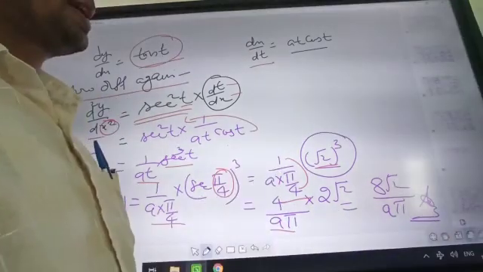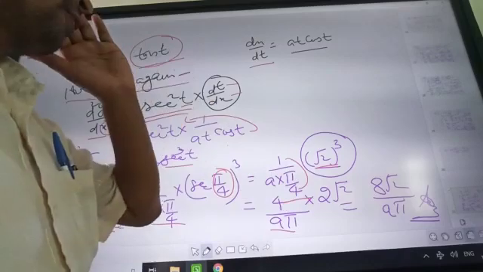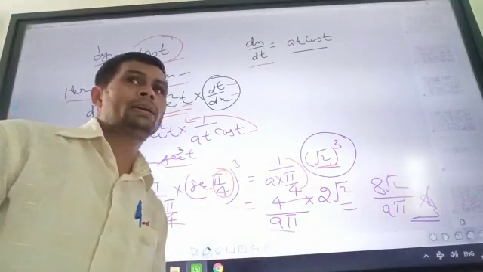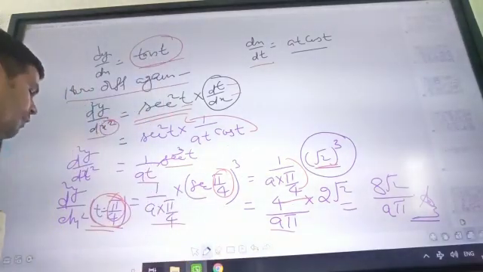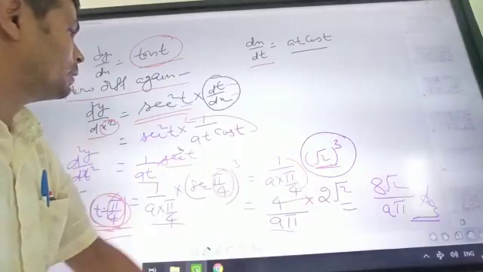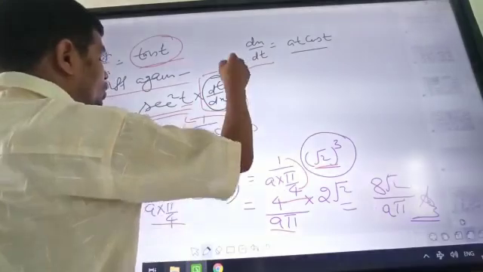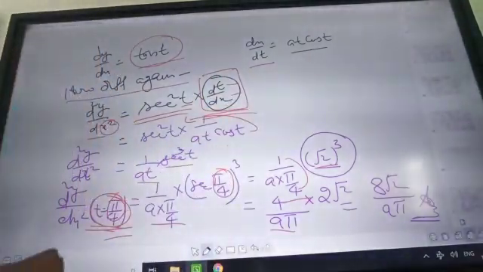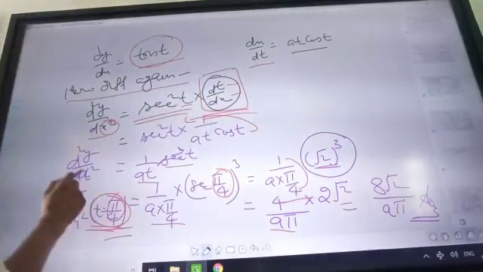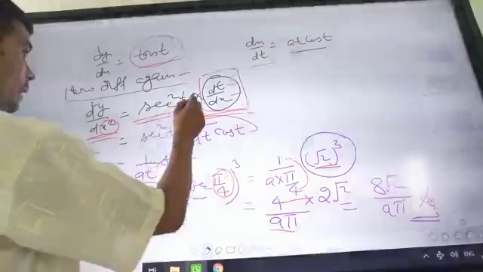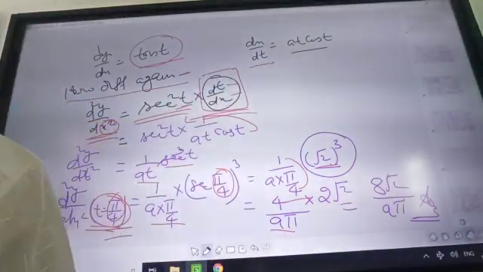So tomorrow we will discuss the rest, and I think it is clear to all of you. In this question you have to be very careful putting the values. Sometimes he may ask you to calculate d2y by dx square at t equals pi by 3. He may give you different values. Maximum students commit a mistake at this part, so you should underline this part, but maximum students forget to write it down. You should always be very careful, because you are differentiating with respect to x. Here it is t, so dt by dx must be written by you.